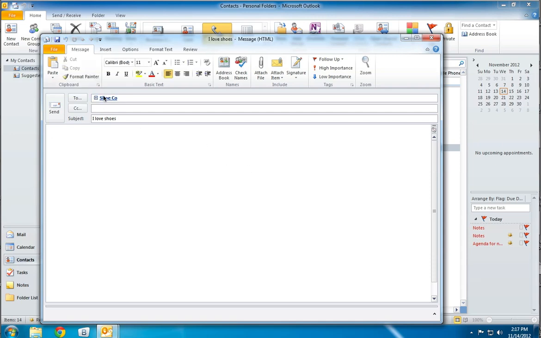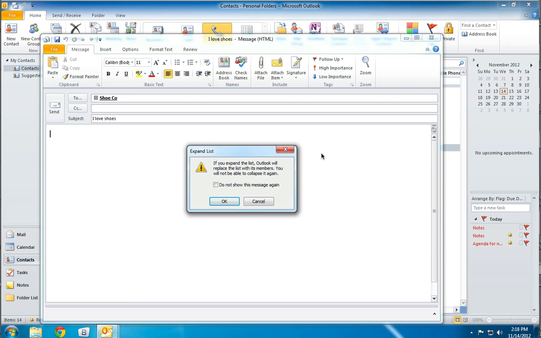But if we look up at the To folder, which has got the distribution list inside it, or group contact, or contact group, I've got to probably get used to calling it that if they've changed the name of it, but let's just say distribution list for the time being. What you've got is a little plus symbol, okay? And so I will click on the plus symbol, and you get this warning,